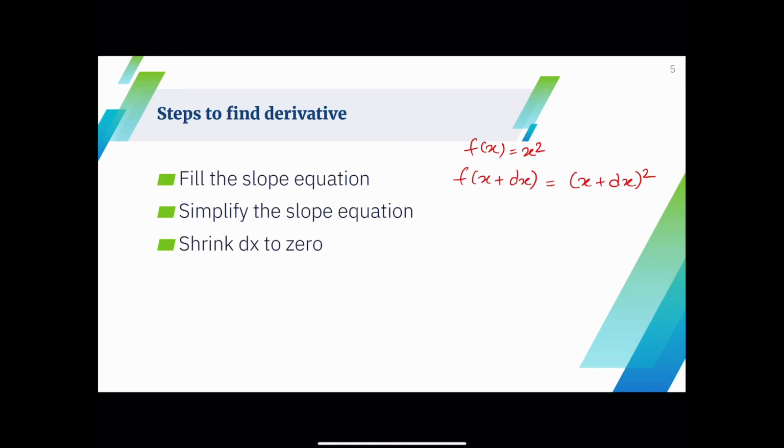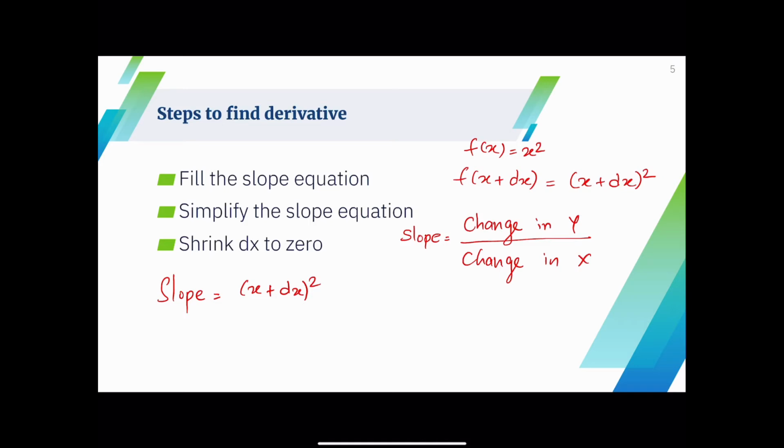Now our slope is defined as change in y divided by change in x. So slope is simply (x plus dx) whole square minus x square divided by change in x, which is simply the dx. So simplifying this equation,